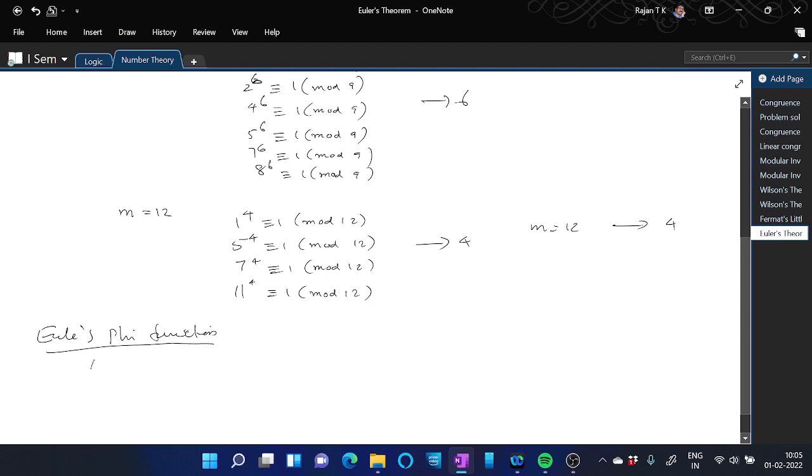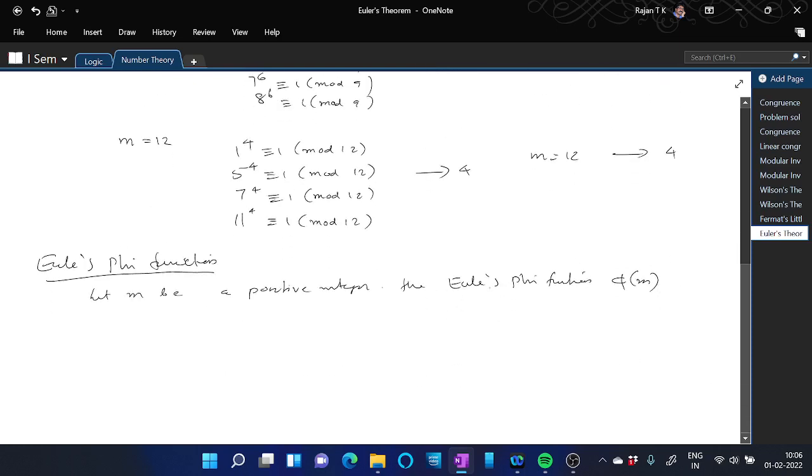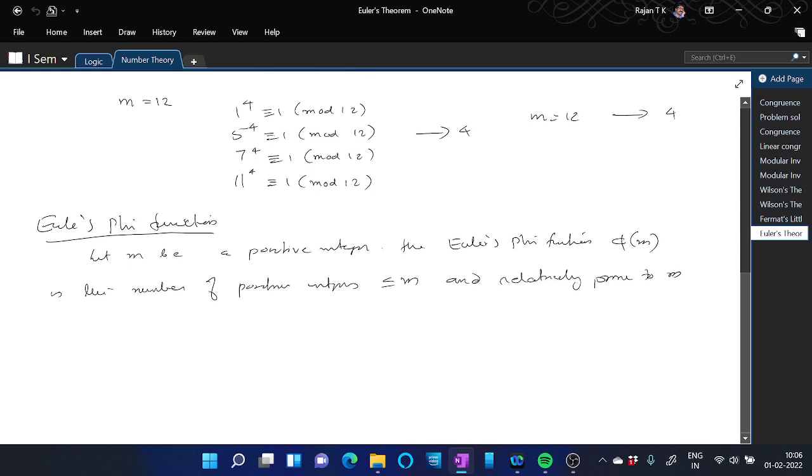It states like this: let m be a positive integer, then the Euler's phi function, which is actually denoted by phi of m, that is actually a number like the number that we got here. So if m is a positive integer, the Euler's phi function phi of m is the number of positive integers less than or equal to m and relatively prime to m. So Euler's function phi of m is the number of positive integers less than or equal to m and relatively prime to m. For example,